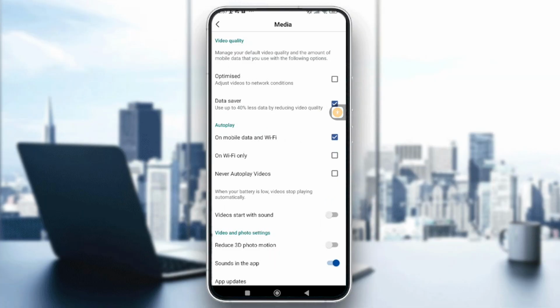Alright, and here is the solution. You just need right here to change it from data saver to optimized the video quality, and go back to film another story, or to put up a photo that you have already on your gallery on your phone. I mean, so if you still have that problem of the blurry on your stories, you just need to